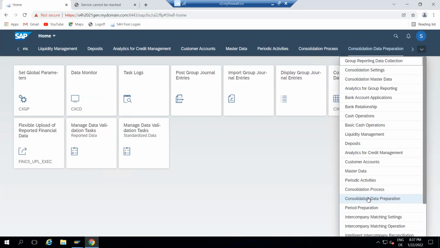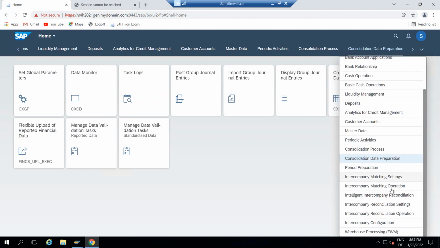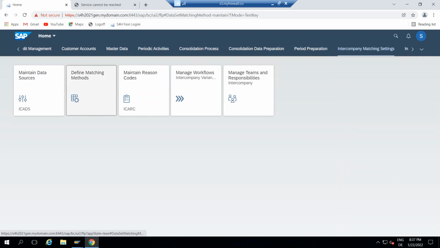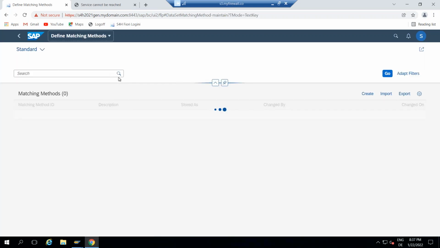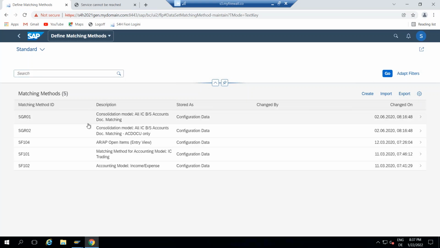And ICMR, you can see here ICMR. These are all the ICMR settings, configuration and everything. Define matching methods. You have to define the matching methods here. In this one, we're not going to do anything like how we do in BPC, dimensions and modeling.